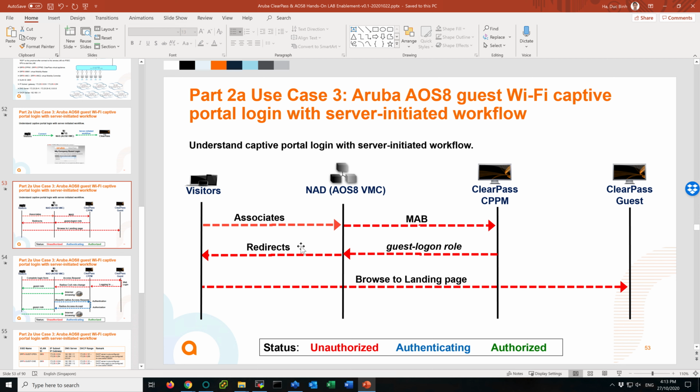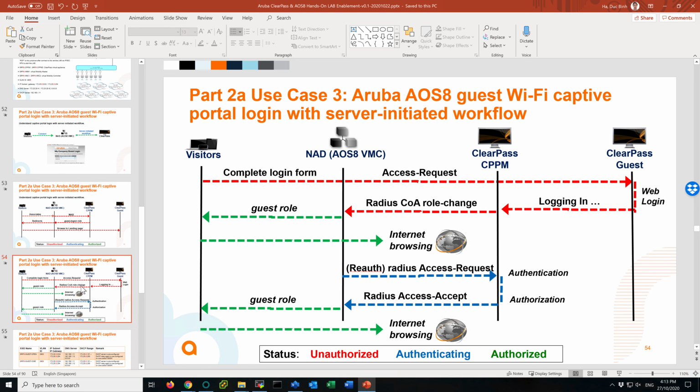When the user opens the browser, it will be redirected to the captive portal. So when the user gets redirected by the AOS8 to the ClearPass Guest, it will go directly to the ClearPass Guest landing page. From there, the user will see the login form to key in the username and password. Once the user hits login,